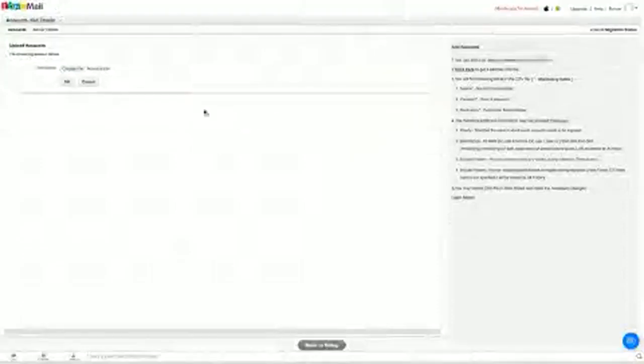Other than the manual user addition for migration, you can also simply import the users that you want to migrate into a CSV file, and you can import that into your migration. Choose the upload account option and choose the file that has all the CSV files. After that is done, you simply click on start.